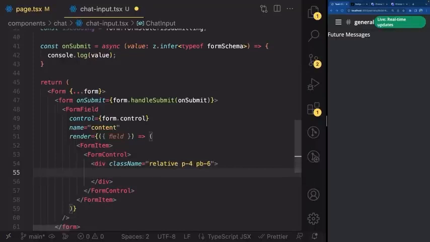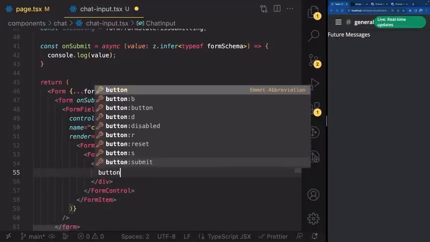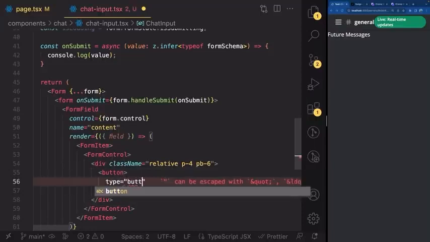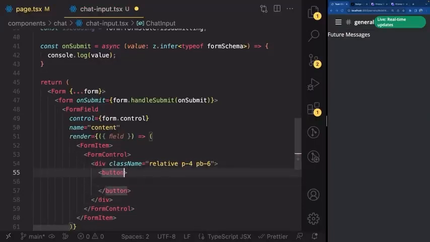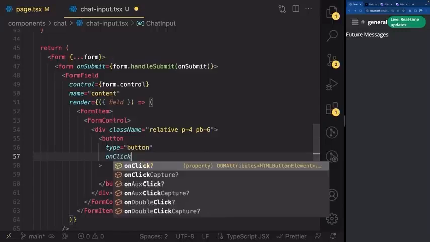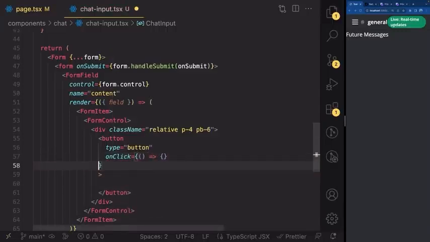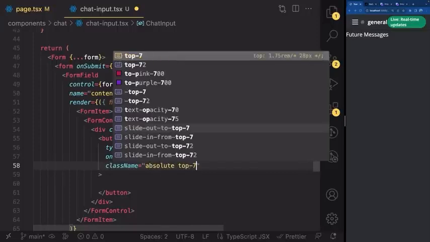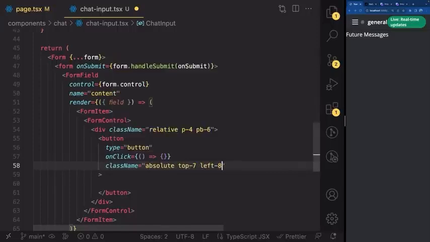Perfect. Inside of here, let's go ahead and create a button element, which is going to be a type of button. Give it a type of button. That's important, so it doesn't accidentally get triggered when we press enter. onClick can for now just be an empty arrow function, and give this button a className of the following. So let's write absolute, like this, top-7, left-8, height 24 pixels, width 24 pixels as well,